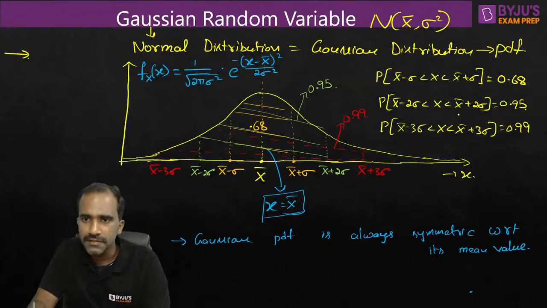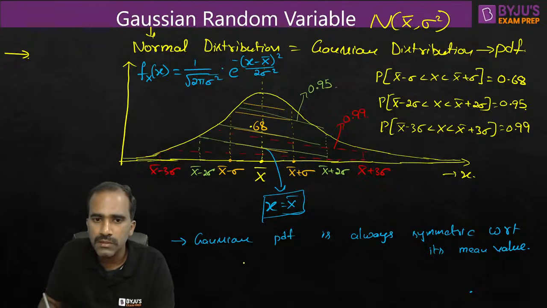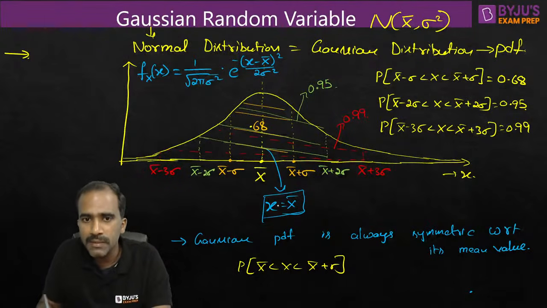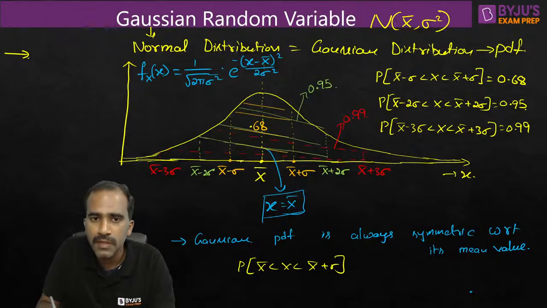Okay. So from this information, can we find a few other things as well? Let me ask you a few questions. How about x taking a value between x bar and x bar plus sigma? Which means I'm asking you to find the area between x bar and x bar plus sigma, only this part of the area. We know this total area is 0.68. Then only this part of the area will be 0.34, half of the total area, because this is a symmetric curve. Whatever is the area from x bar minus sigma to x bar, the same is the area from x bar to x bar plus sigma. So both areas are equal, and each is 0.34.